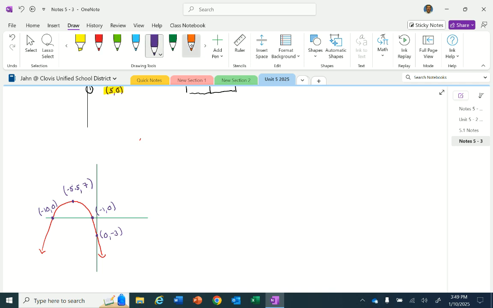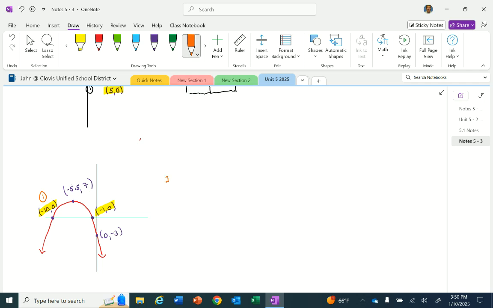Step number 1 is always identify the x-intercepts. Negative 10, 0, negative 1, 0. Really, that's all you need to know to make out a possible quadratic equation of the parabola. So you really don't need the vertex. In some instances you do, and you really don't need the y-intercept. In some instances you might, but you definitely need to know the coordinates of the x-intercepts,